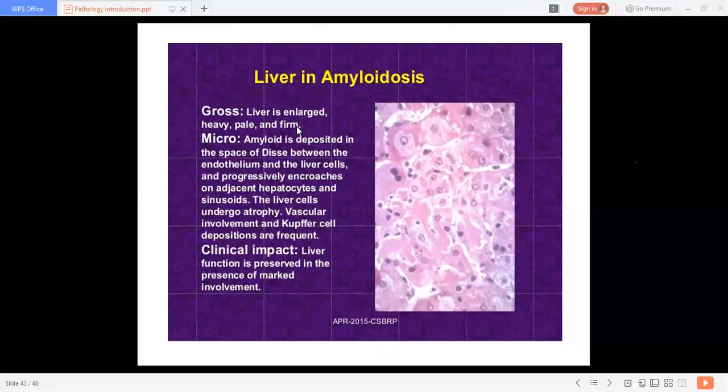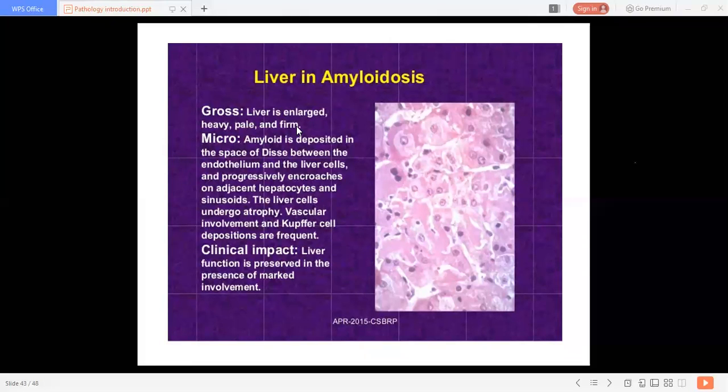The liver also shows pressure atrophy, and there is disappearance of these hepatocytes, causing total replacement of large areas due to these amyloid deposits in the liver parenchyma. Understood? Primarily it gives rise to hepatomegaly, but afterwards, like the kidneys, the liver also shows pressure atrophy.